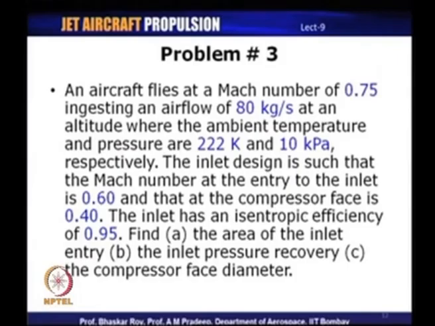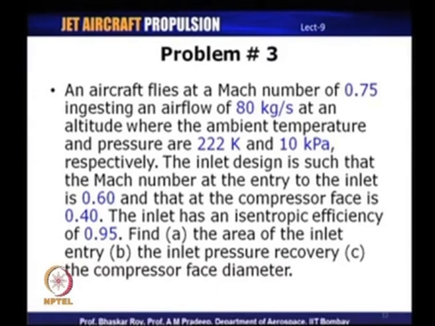ingesting an airflow of 80 kilograms per second at an altitude where the ambient temperature and pressure are 222 Kelvin and 10 kilopascals respectively. The inlet design is such that the Mach number at the entry to the inlet is 0.6 and that at the compressor phase is 0.4. The inlet has an isentropic efficiency of 0.95. Find part A the area of the inlet entry, part B the inlet pressure recovery and part C the compressor